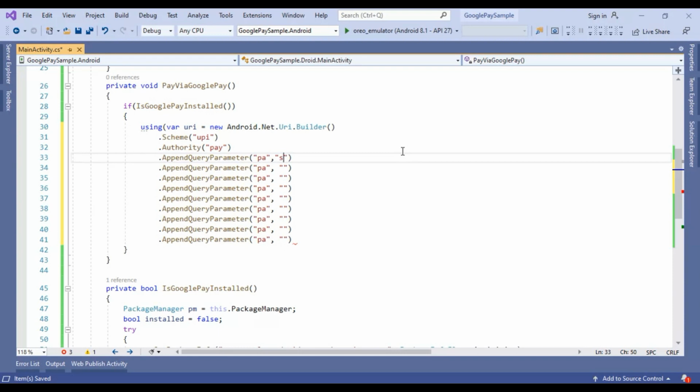Here I am simply passing the Google Pay ID for whom we want to pay. The next parameter is PN. PN is the name of the authority, meaning the name of whom we want to pay.